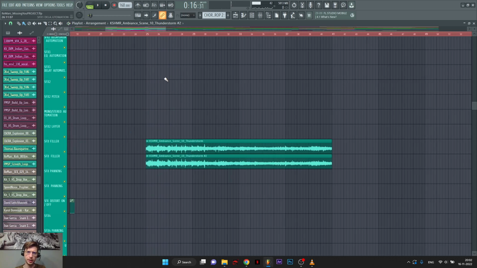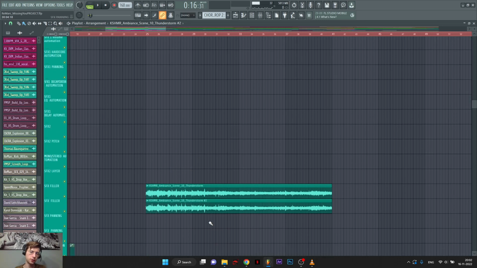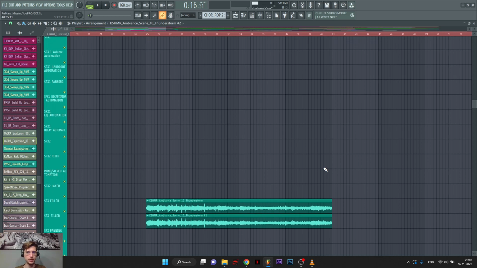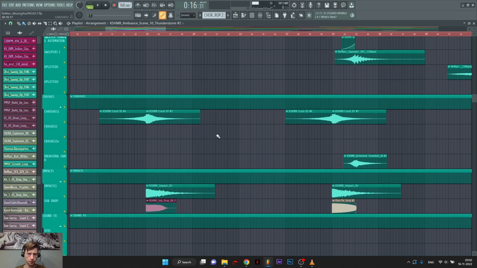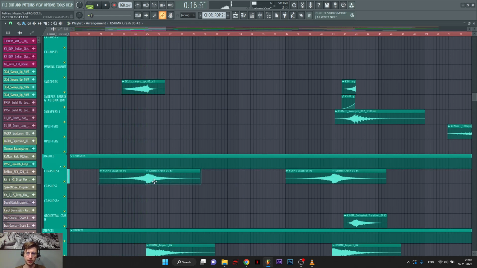They're apparently in the background, but you don't even hear them that much. So it could be that these are left out. I'm leaving them in the track because that's how the track is now constructed. And together with more sweepers and crashes,